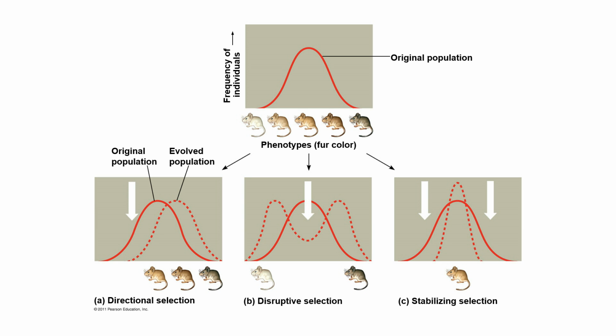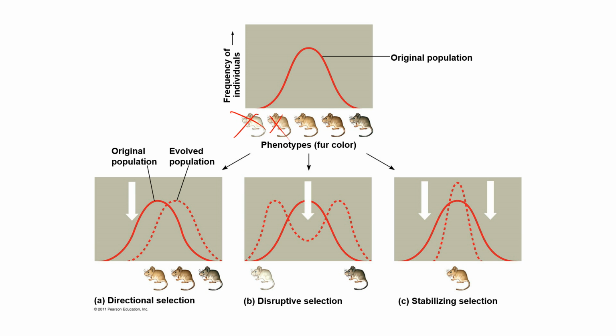If it's directional, one of the phenotypes is selected for, while the other phenotypes are selected against. So here, if you eliminate the white and lighter coated mice in the population,